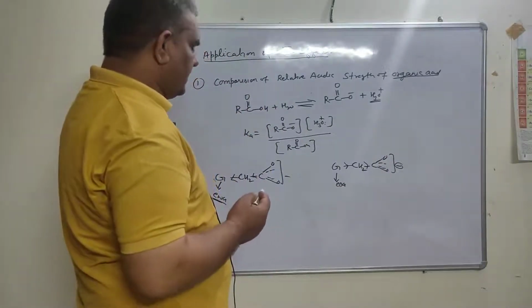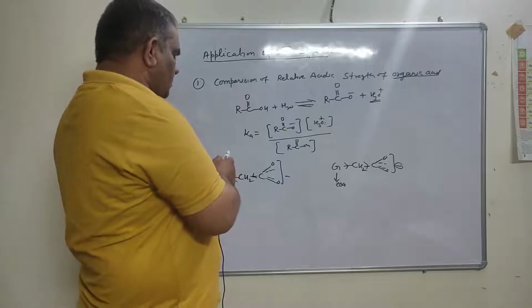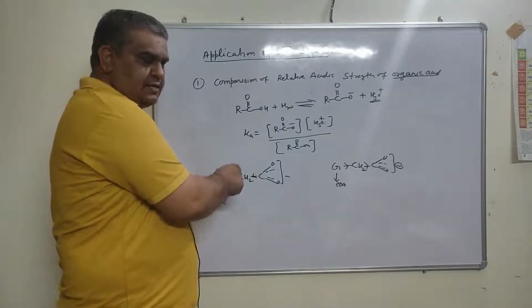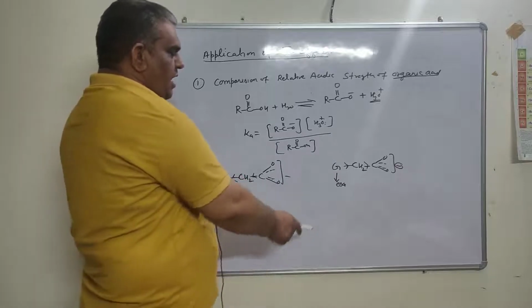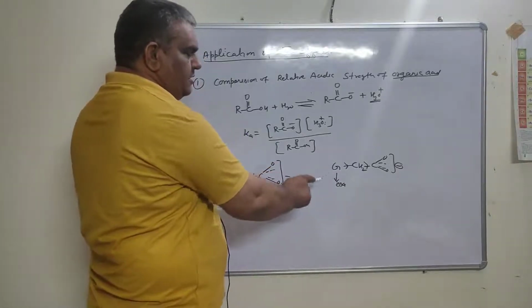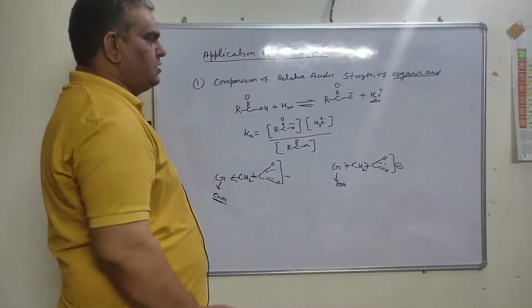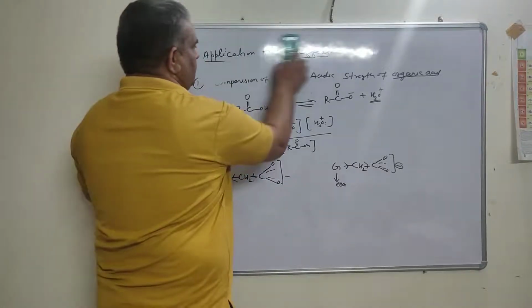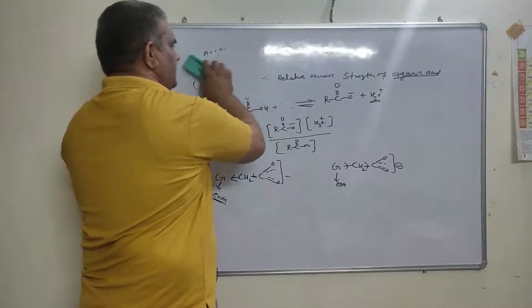So in other words, the electron withdrawing group increases the acidic character of the carboxylic acid, and the electron donating group decreases the acidic character of the carboxylic acid. If we take the example of chloroacetic acid and acetic acid,